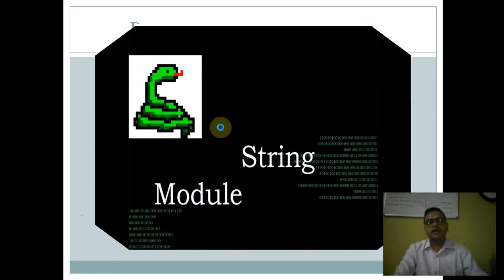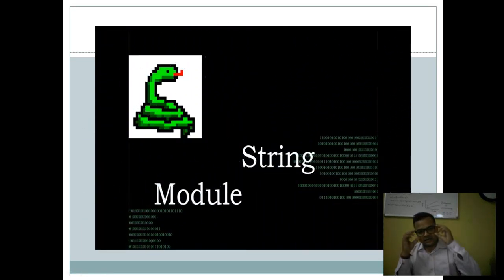Clear? Now we have another one, the string module. What is the significance of the string module? If I use import string, then all the functions related to strings can easily be used in a program. The only thing is that we should know the function names. We discussed in the previous one the length function, the length of a string, then is upper, lower, to upper, to lower.